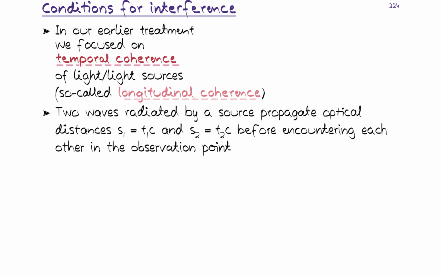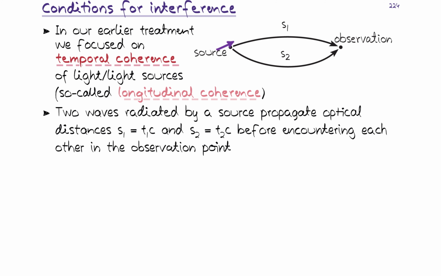So essentially, these two waves propagate from a source, and they are being guided into a single observation point, and there they are interfering. This is schematically what's happening in temporal coherence. Some fields are coming together, they are put together, and depending on the optical path length they have propagated, their relative phases may be different, and then we either see